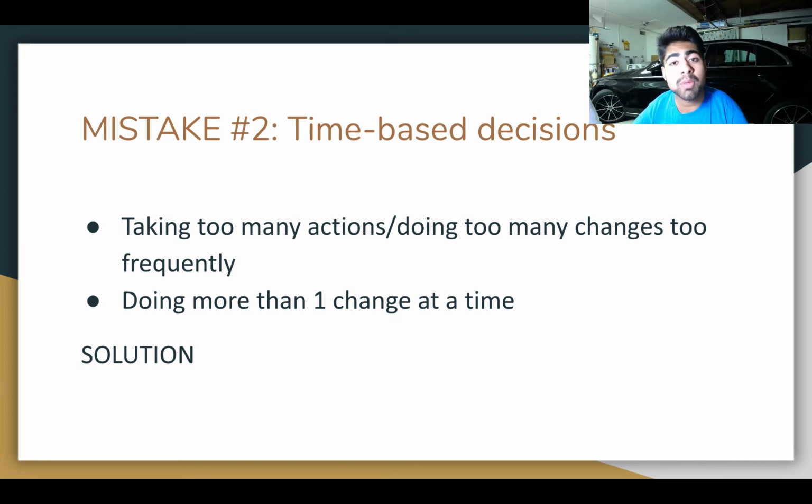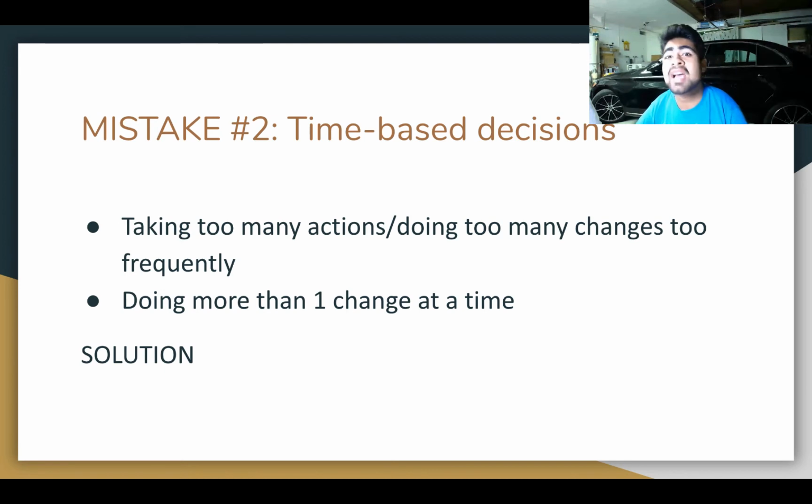So for the solution, what you should be doing is make one change, wait 3 to 7 days, see how it gets you results. If it gets you good results, good. Keep on making more changes. If it gets you bad results, revert back to what it was originally and then make another change. So it's kind of like a back and forth game with Google ads, whereas with Facebook ads, you could just launch a few ad sets and a few campaigns and directly know the next day whether they were profitable or not, and then make changes based on that.